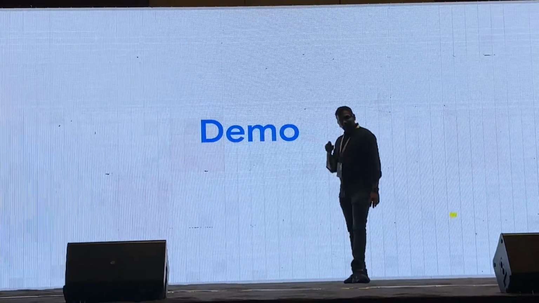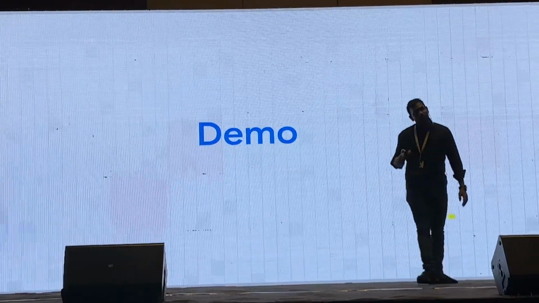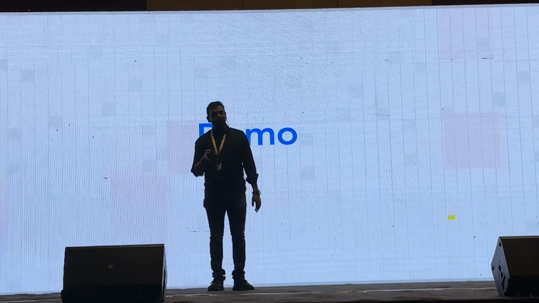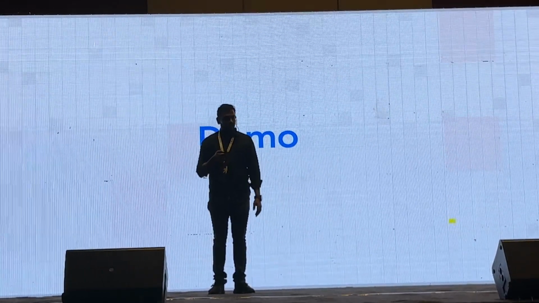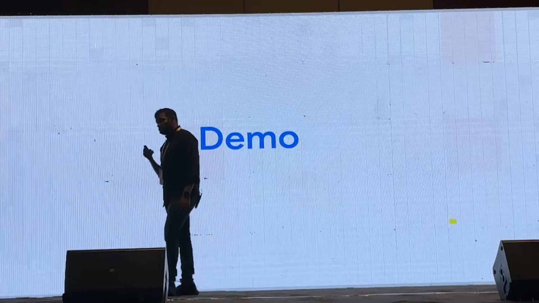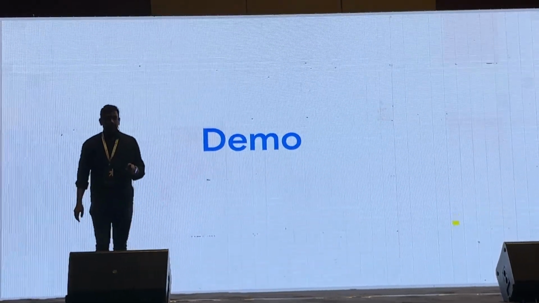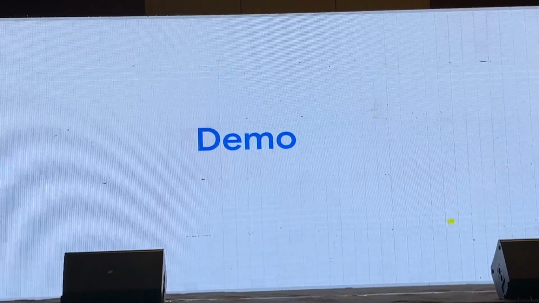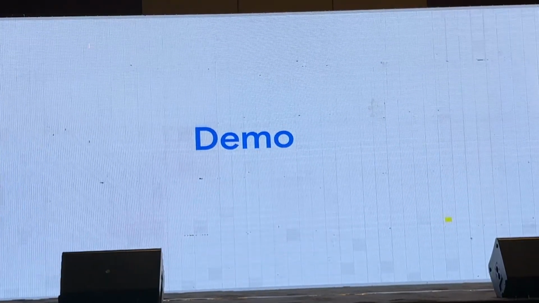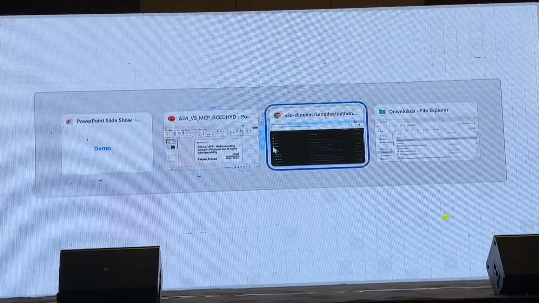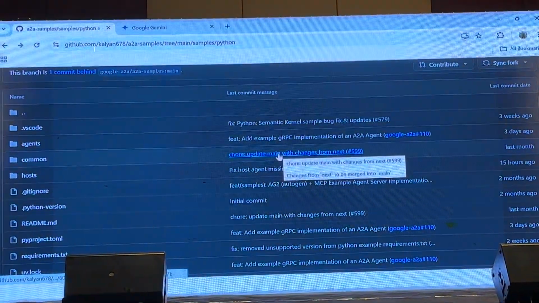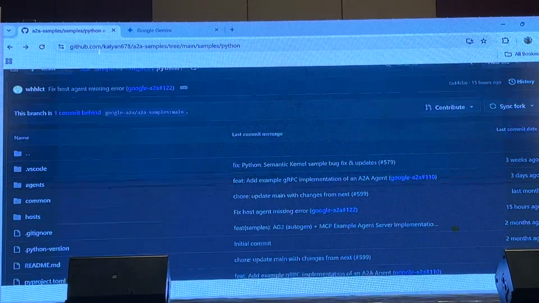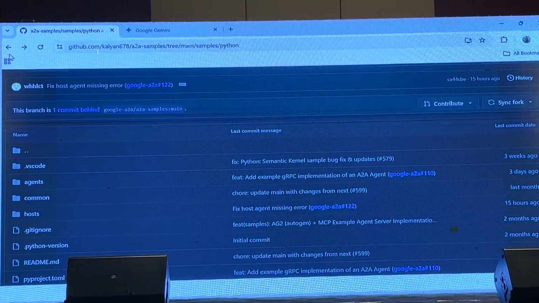I have already created a demo, but what happened last week is there was a downtime of API usage from Gemini, so there are a lot of bug fixes in my current application. Most of the code is pretty much there on GitHub, with some minimal fixes that I have to do. But what I can show you is, let me go back to my GitHub. So here is where you have the entire application code.